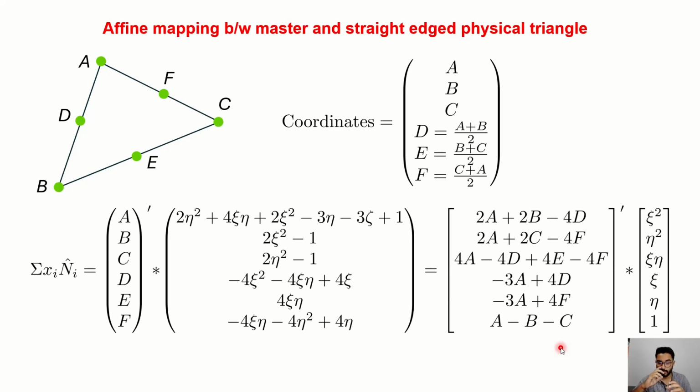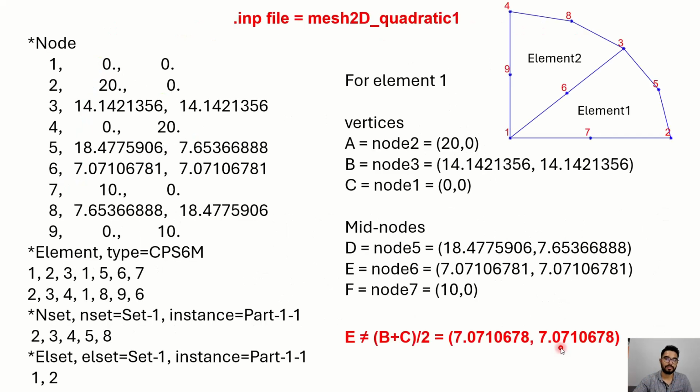But whenever we are dealing with Abaqus meshes, this is an example that I've used in the previous video. This was the mesh file that I've created using Abaqus. So it has a two element system. Now nodes 9, 6 and 7 have to be in the middle: 9 has to be in the middle of 1 and 4, 6 has to be in the middle of 1 and 3, 7 has to be in the middle of 1 and 2. But for this element 1,